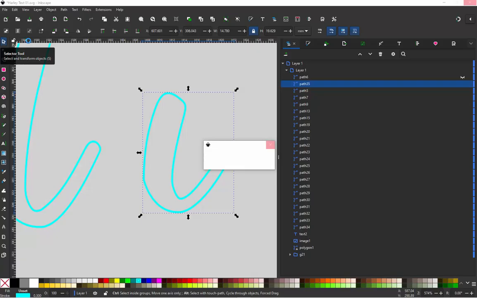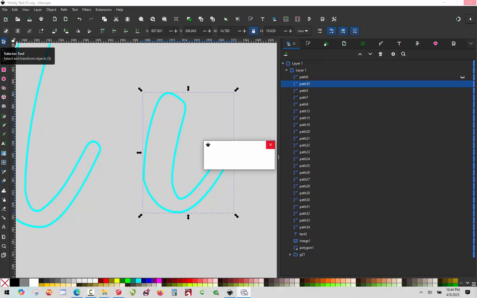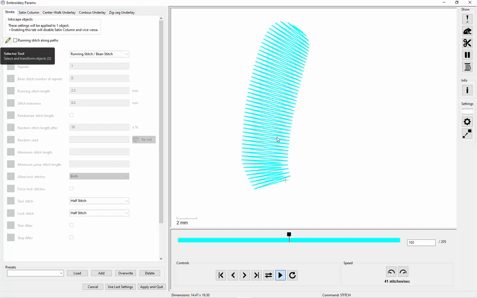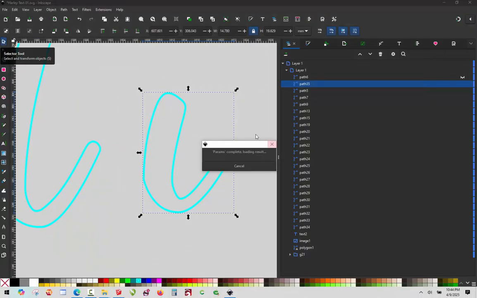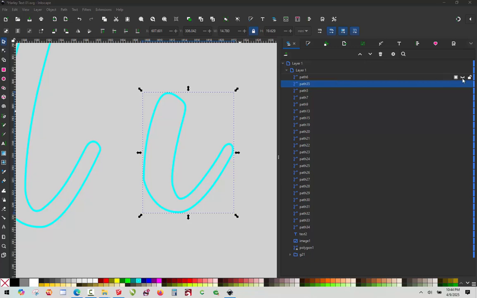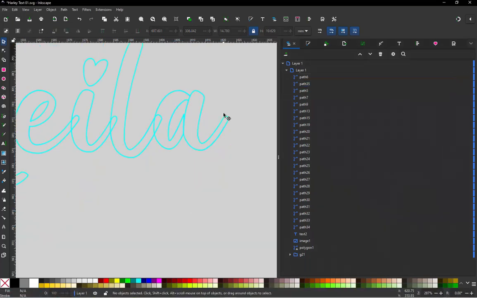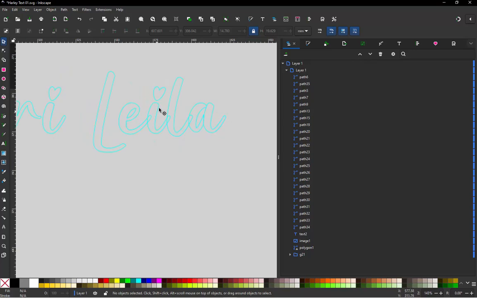get rid of the running stitch. And you can see we did in fact get our expected result that we were looking for. Okay, so we go ahead and turn that visibility back on. Okay, so now the I, the L, the A, this L is all taken care of,